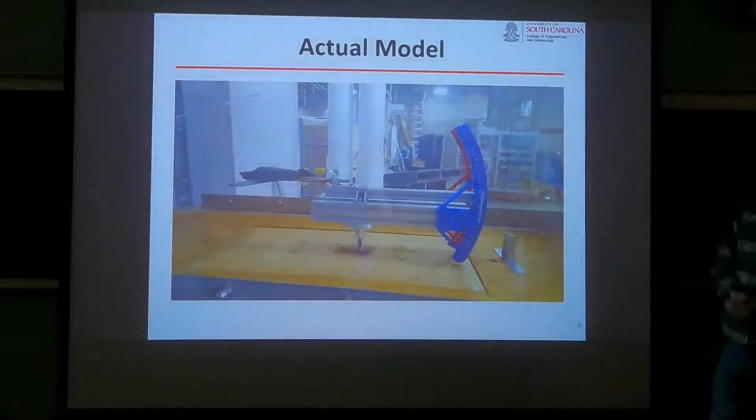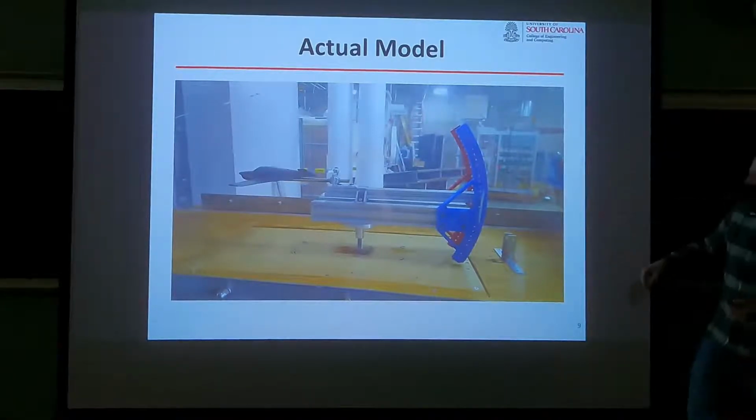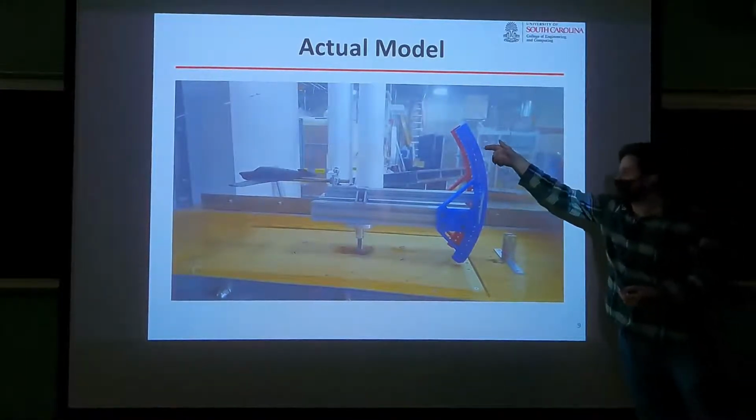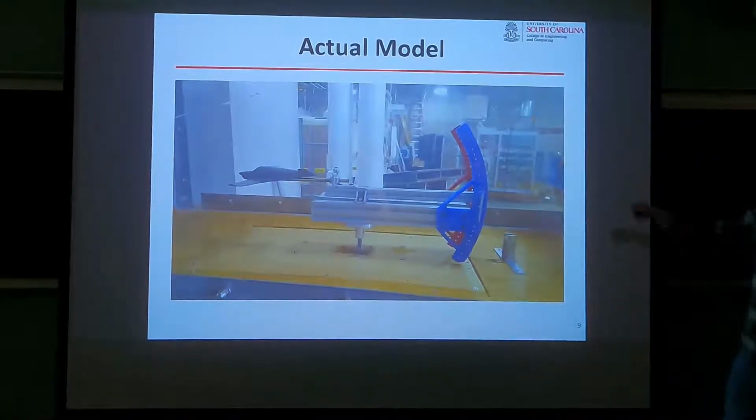And here's the model itself, and I can talk about the design of it a little bit more. We decided to go with aluminum extrusion framing, just for ease of assembly and manufacturing, because it was super cheap. And we 3D printed two angle brackets, and they have holes every 2.5 degrees. You can't tell from this photo, but there are also notches every 10 degrees, so you're not just staring at it wondering which hole this is. You can say, okay, this is 30 degrees. You don't have to sit there and count.